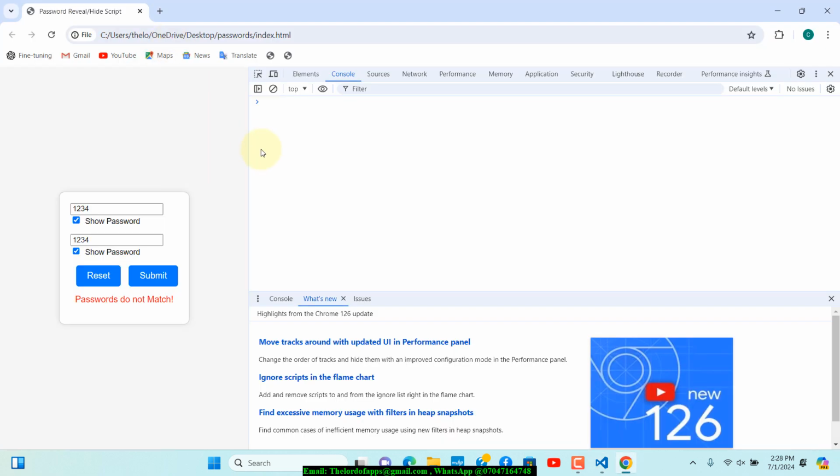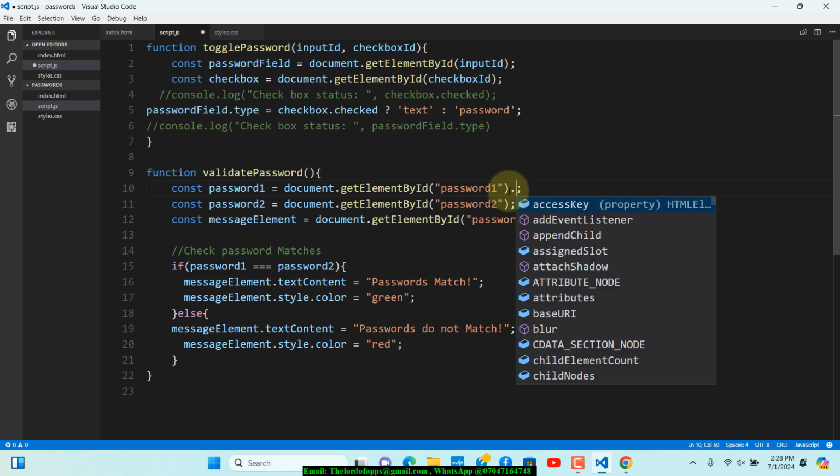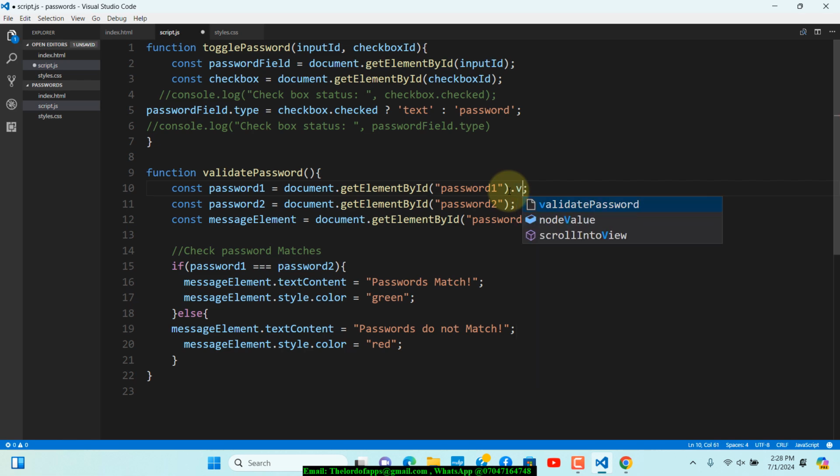Okay, I think I've figured out why that is showing. If we go back to our script right here, I discovered that we are really not referencing the value itself. We're not capturing the values in here. So all these lines need to have something like dot value to be able to capture what is actually in the value. So let's do dot value and dot value right here, and save the changes,